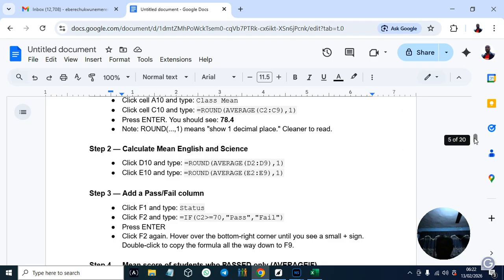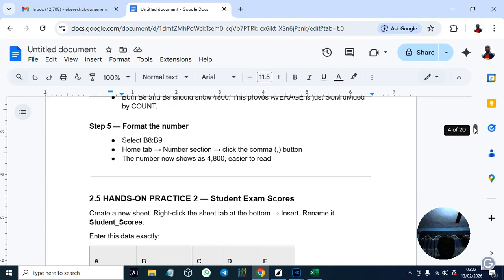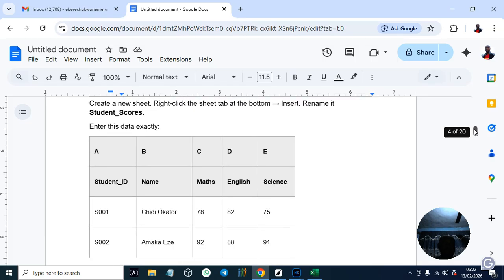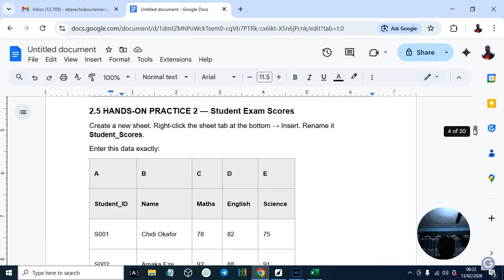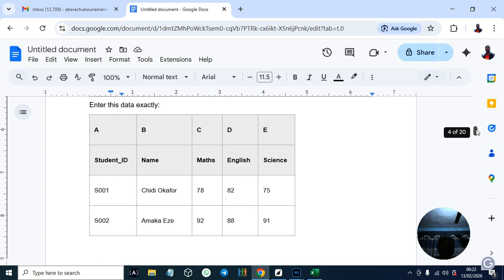Okay, let's do it. So I'm going to enter it. Let me enter it before I come back. So you try and enter your own. Then when we come back, we'll be doing it together, right? So that it won't take much of our time. We only do the calculation together, but follow the steps and enter the data.